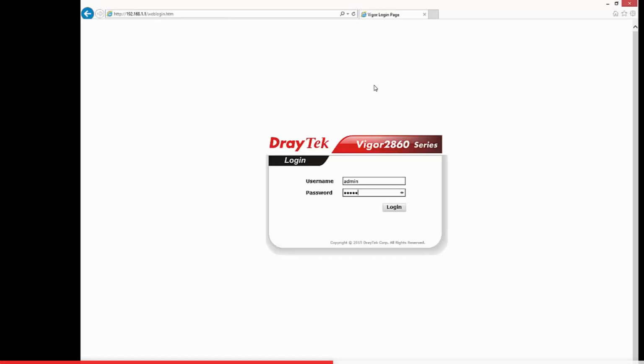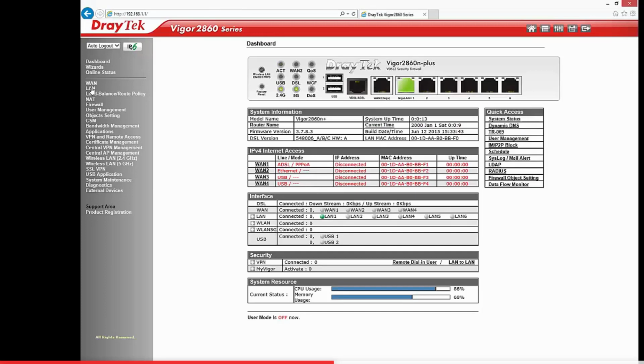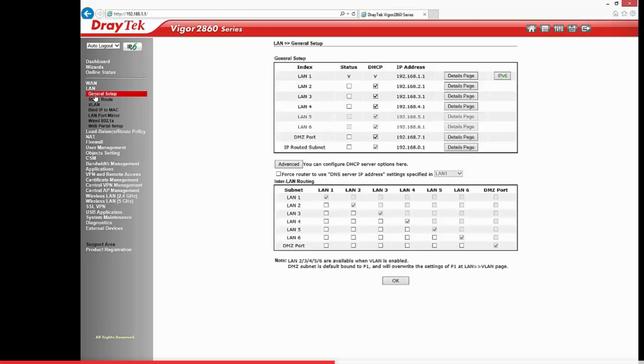After the router restarts, log in to the router again and go to LAN General Setup and configure the remaining LAN subnets. For that, first enable LAN 2, LAN 3 and LAN 4.